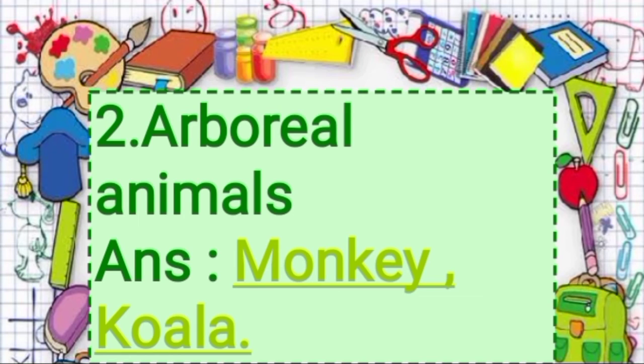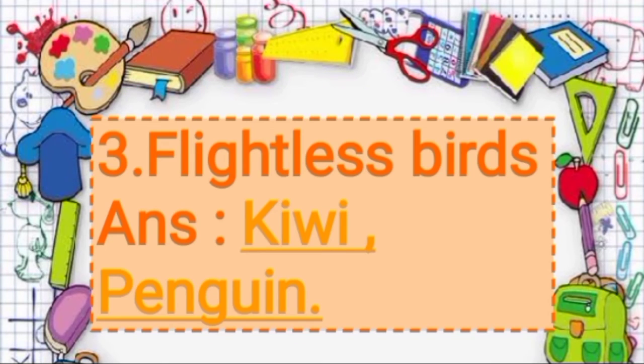So as you know, land animals that live mostly on trees are called arboreal animals, and they have sharp claws to climb up and down the branches, and they usually have strong and muscular limbs. And examples are monkey and koala. Now next,